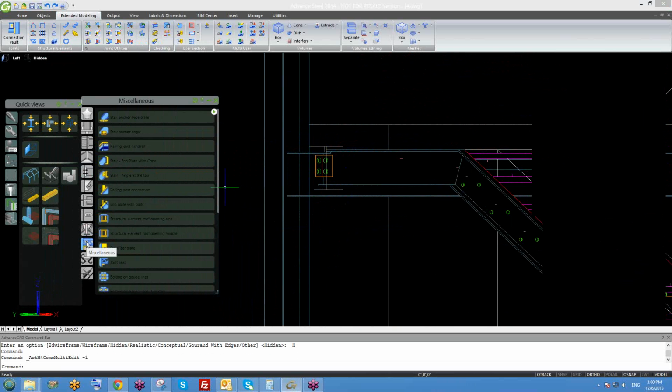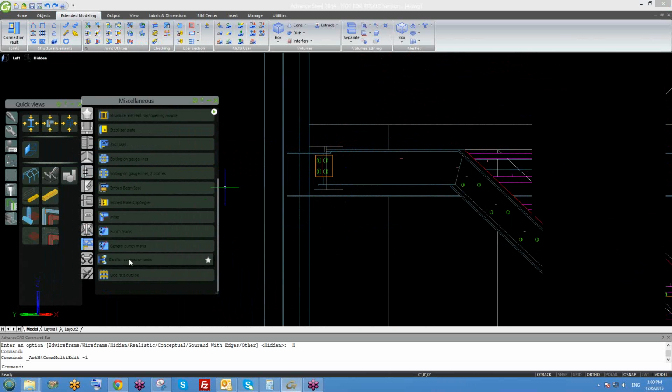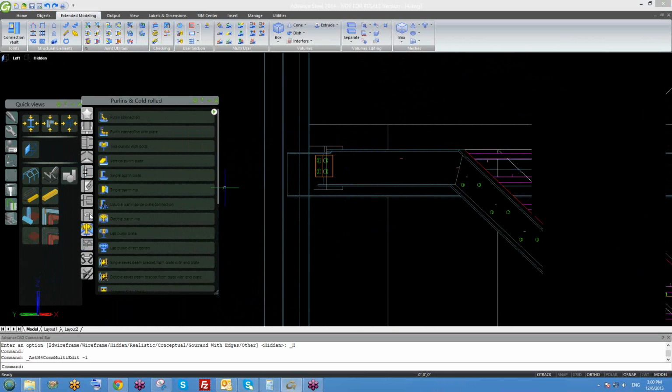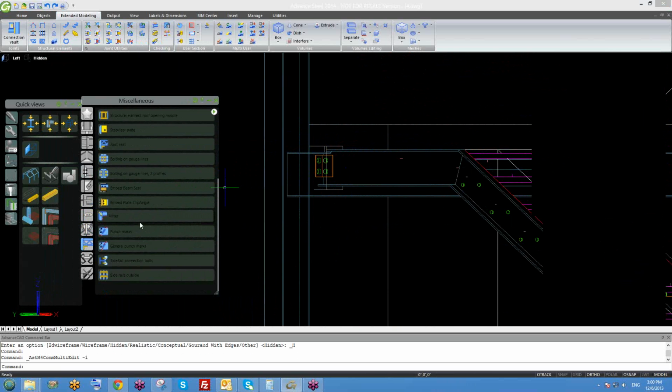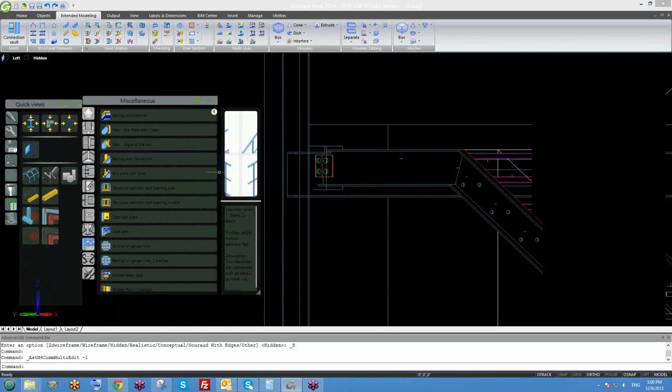We have miscellaneous, and under miscellaneous we have many different types of connections related to stairs. So we have these. Hold on a second. This one here, if I click on this little arrow,